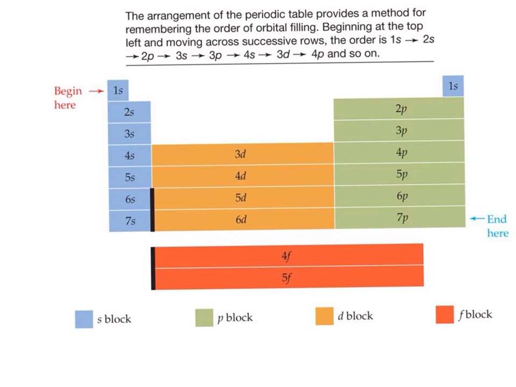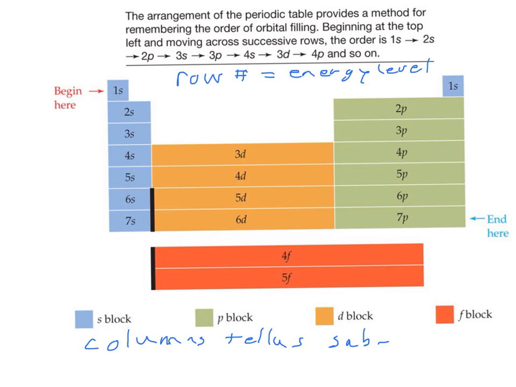So row number equals energy level. Columns tell us sublevels. Columns 1A and 2A are what's known as the S block. All the elements in columns 1A and 2A have their outermost electron